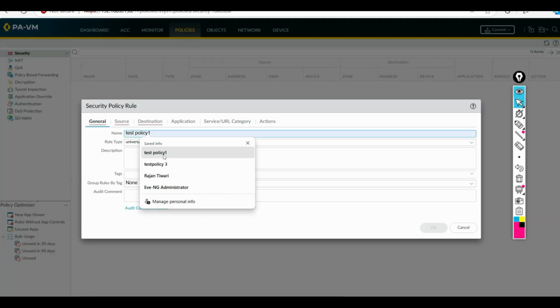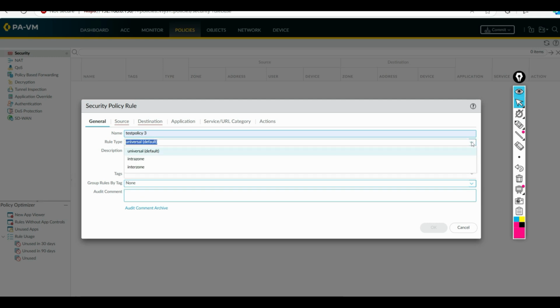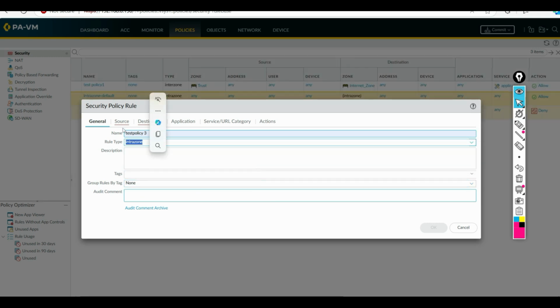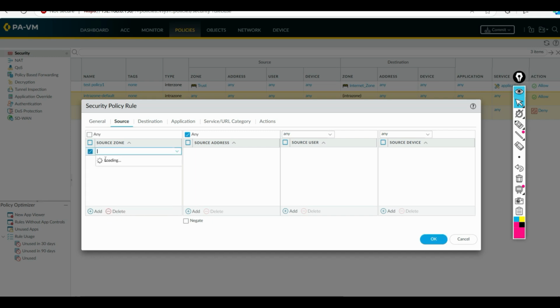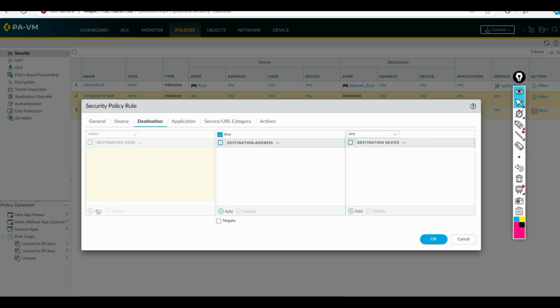So I will type test policy 3, and here I will select intrazone. If I select the firewall rule type intrazone, and I try to create a rule between two different zones, then PA will not allow it, because the firewall is capable of understanding the rule type. So the destination,